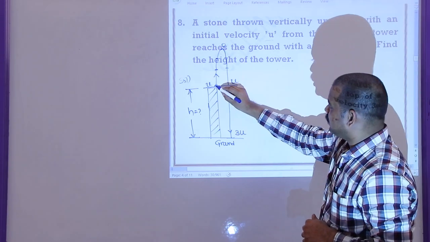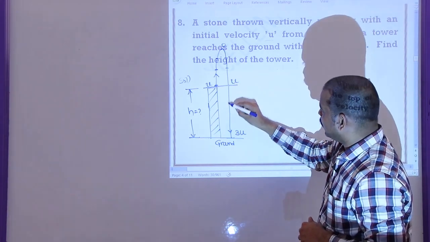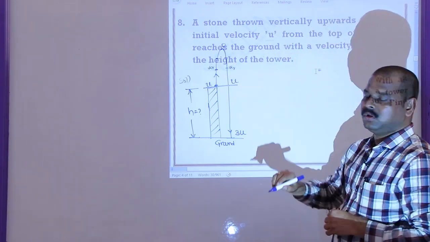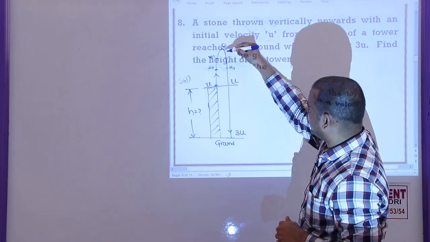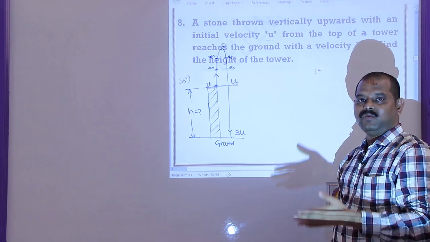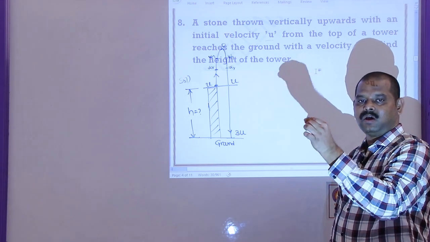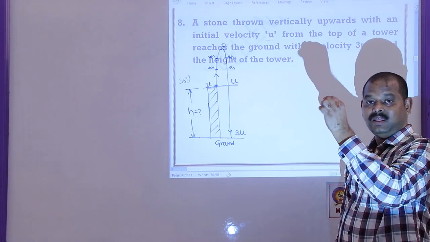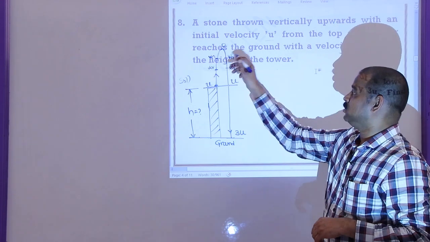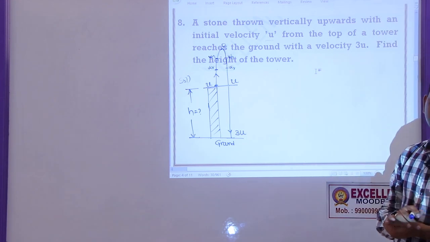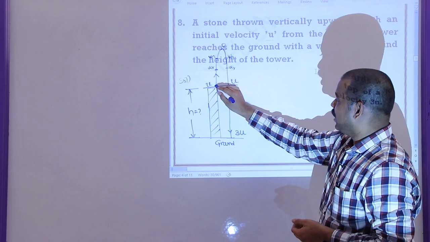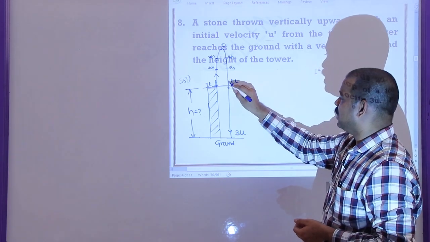So the velocity here is u, here 2u, and let us say this is u by 2, here also this will be u by 2, and if this is u by 7, this will be u by 7. That means the velocity of a body while going up is exactly equal and opposite to the velocity of the same body at the same point while coming down, but the only difference is if it is positive, this is negative. That we will learn in JEE as well as NEET synopsis. But just remember this one, while going up velocity u, while coming down velocity u.